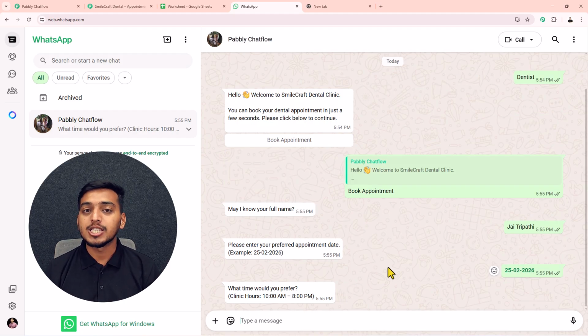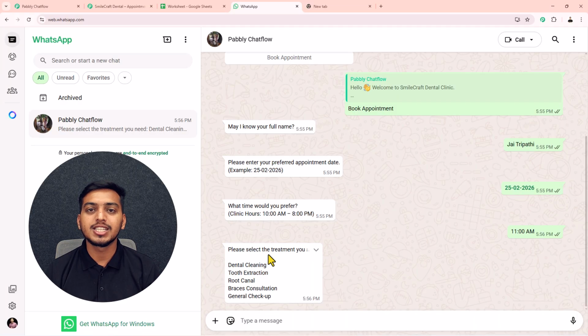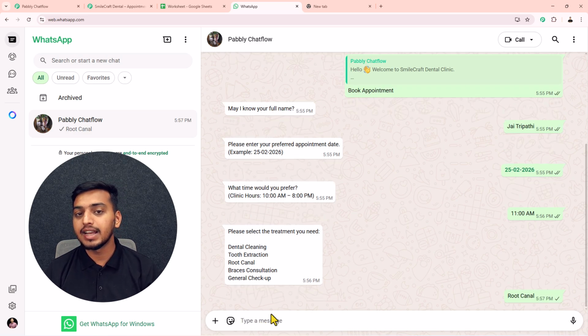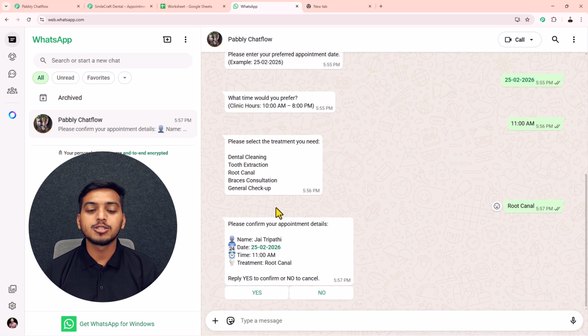After my customer has provided their date of appointment, my chatbot will ask them the time of their appointment. So they also have to add the time. Then this chatbot will send my customer this message so that they can select the treatment that they need. And after they type down the treatment that they need, then this chatbot will send them this message, please